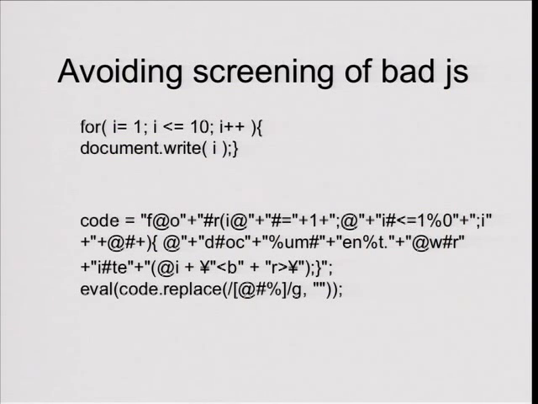And this is just to point out that you can't really screen what the JavaScripts are. It's evident that these two pieces of code are doing the same thing, but of course, it's a little bit hard to tell because the lower one is obfuscated. And that's, of course, the point, that it's easy to obfuscate JavaScript. And so you can't really look for a JavaScript component that does a particular thing. If you're spidering the web, it's not meaningful to look for a particular piece of JavaScript code that is known to be bad, because they will just change all the time.